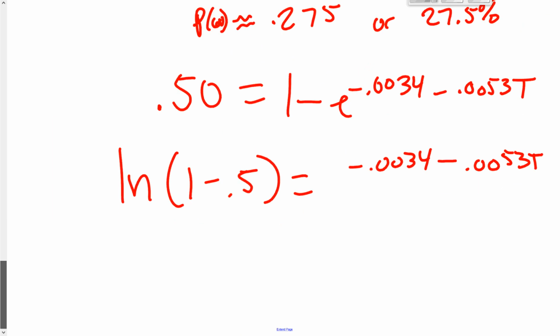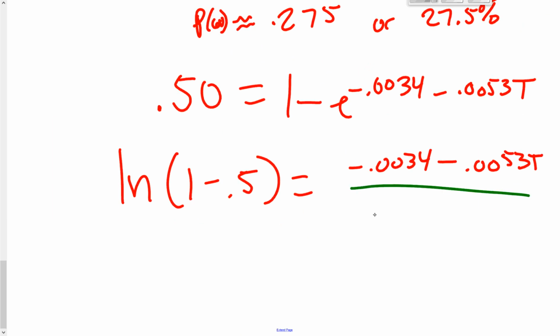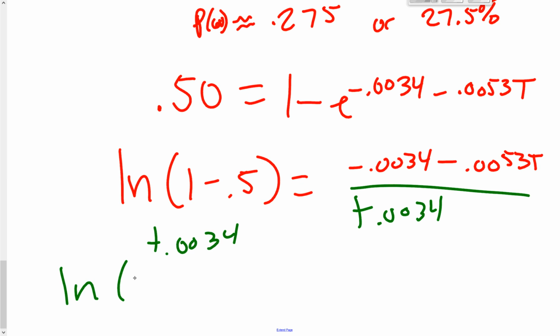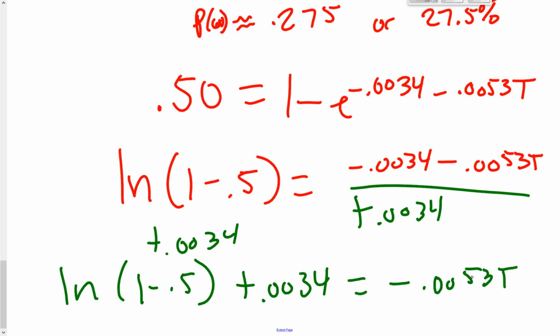So then all we have to do here is just take this and divide, or I can't divide yet, so I've got to actually add 0.0034 to this, so I have ln of 1 minus 0.5, which you can simplify, plus 0.0034 equals negative 0.0053t. So now we can divide by negative